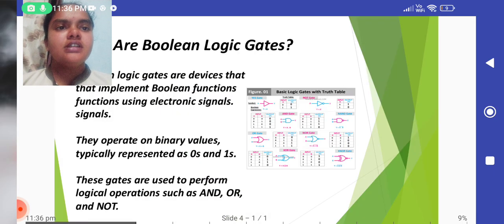Logic gates are devices that implement Boolean functions using electronic signals. The Boolean operands are binary values such as 0 and 1, and they perform logical operations such as AND, OR, and NOT. Let us discuss the different types of gates one by one. First gate is